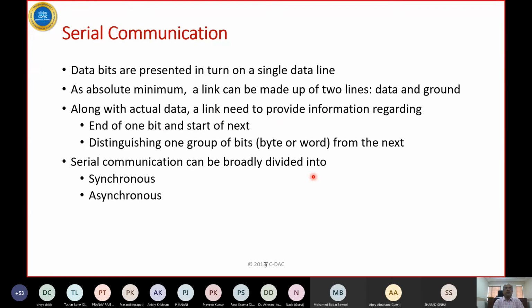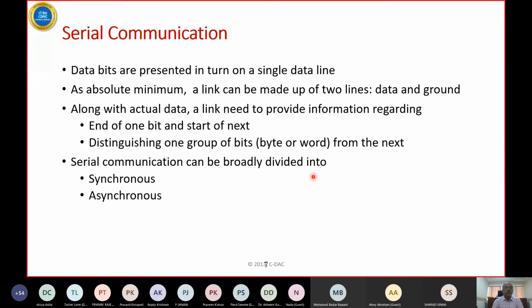So traditionally, when you say serial communication, you are essentially having a single line with reference to a reference voltage, let's say a TX line, that is the transmit line. Along with ground, it will allow the voltages on that line to change. So these data bits are presented in turn: you will send LSB 0, LSB 1, LSB 2, and finally the eighth bit will be the MSB. So you have a data byte which is 8 bits, but you have just one line. So you present them in turns, meaning over a scale of time, you send them one by one.